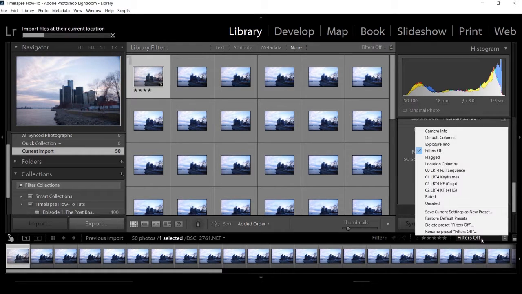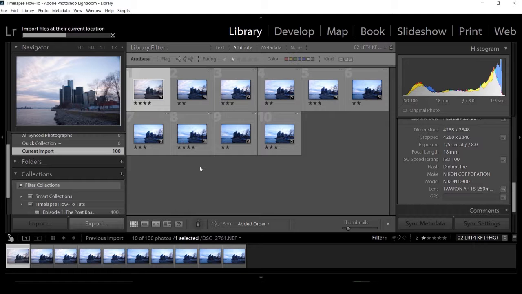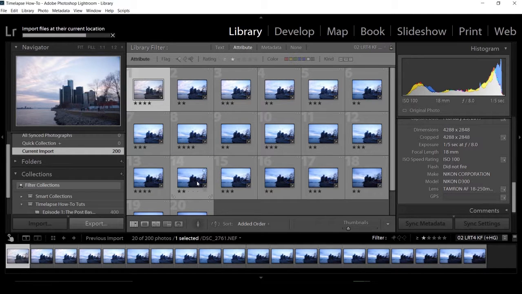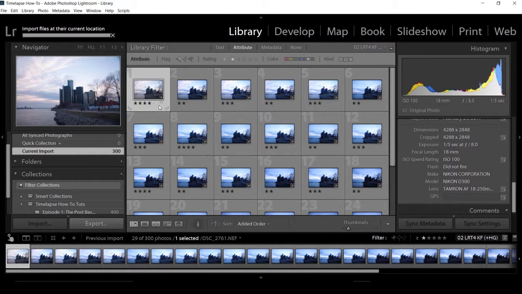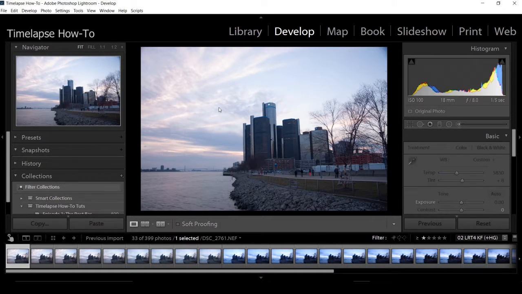We'll come down here and using our filters, we're going to select LRTimelapse keyframe and Holy Grail. And as we learned in the first episode, LRTimelapse sets our keyframes and it's represented in Lightroom as a 4-star filter. The Holy Grail keyframes, it sets them as 2 and 3. And 2 is the frame or the image just before a shutter change, and a 3-star is right at the shutter change. We go into the development module,